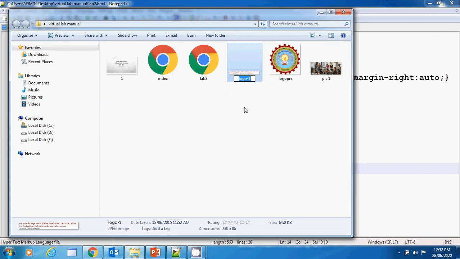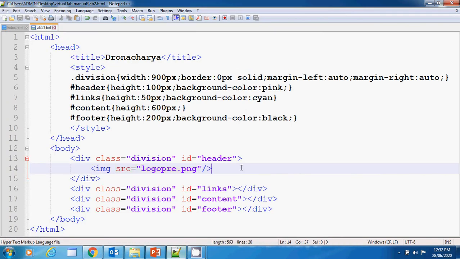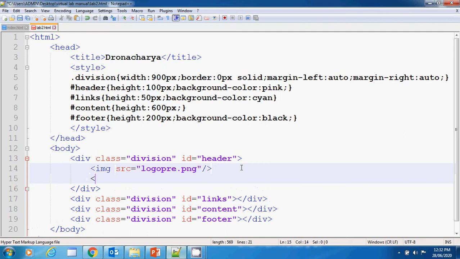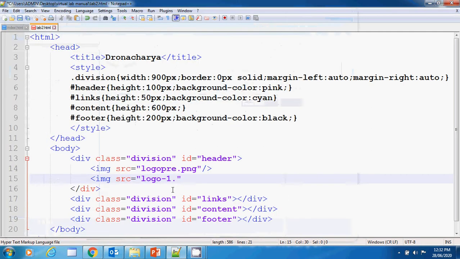We can just copy the exact name, and again we can use image tag over here, and inside this dot we need to check again extension. That is very important for us. It's a JPEG extension, so we'll write JPEG over here, and after that we need to close our image tag, right?